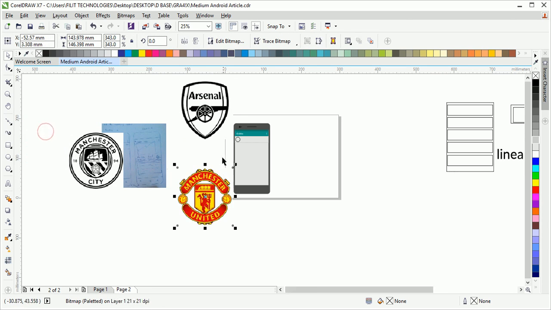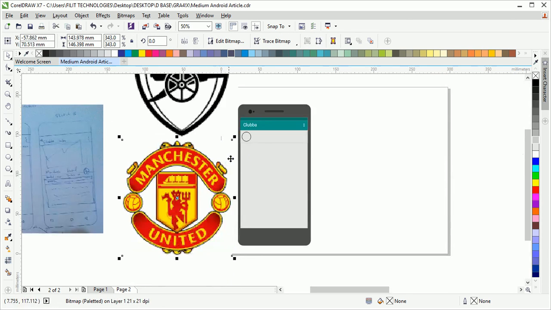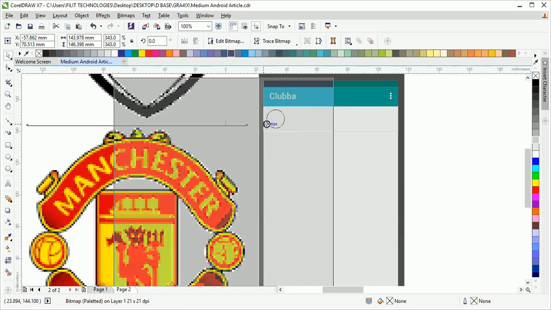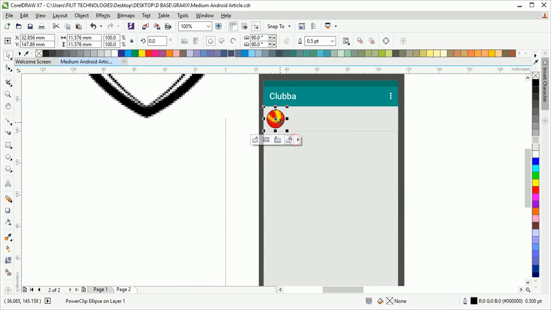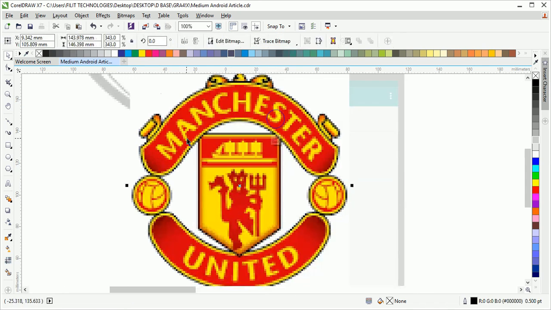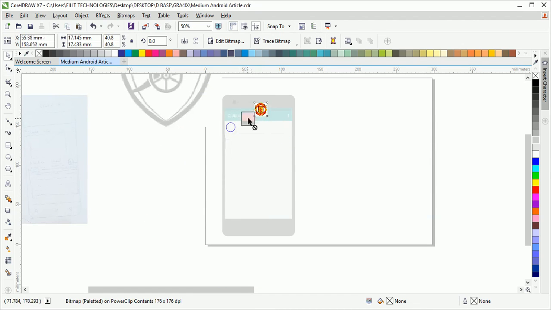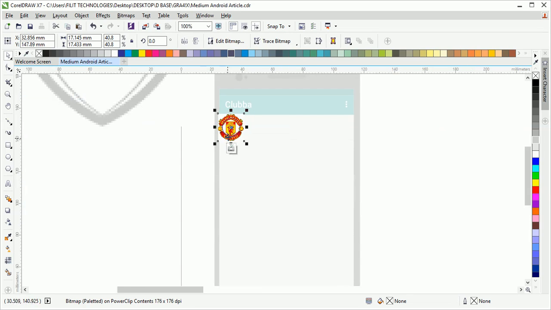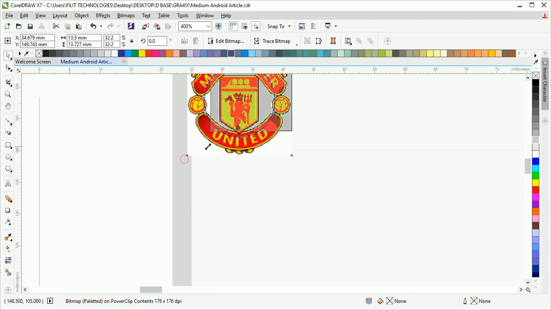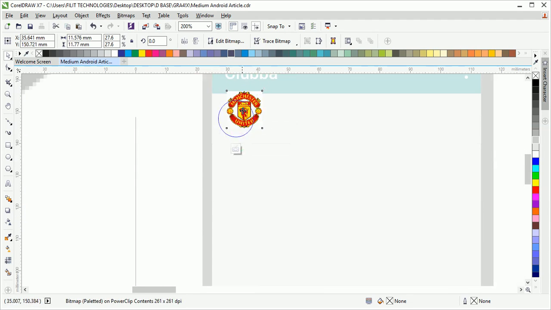So I'm going to use Manchester United first of all and put it inside this place. I'm going to tweak it to fit. I'm going to still adjust it a little bit until